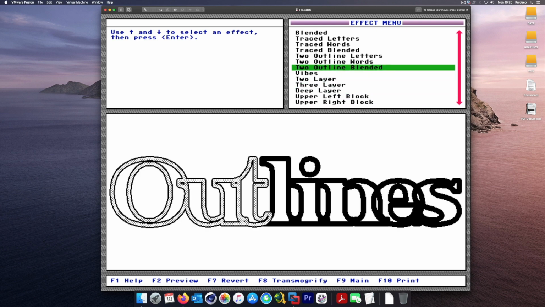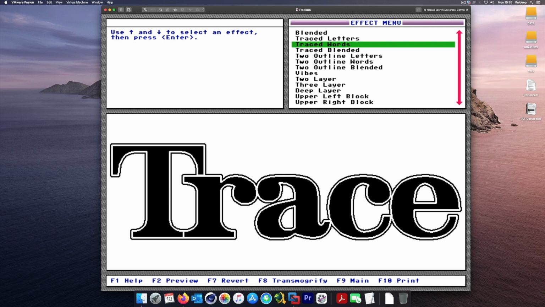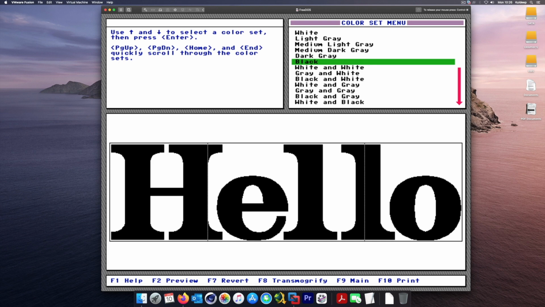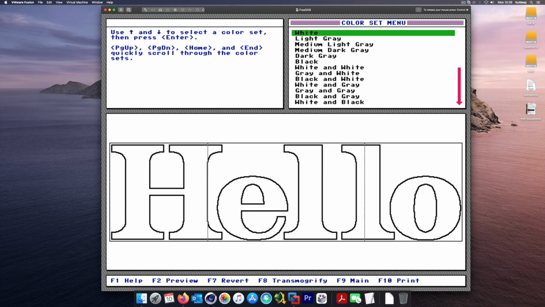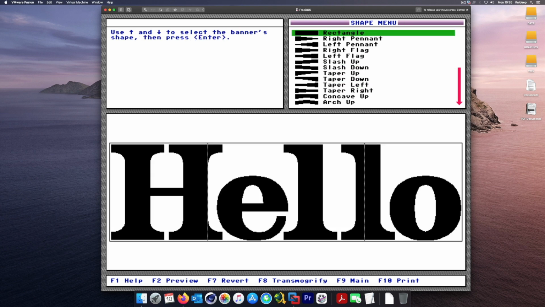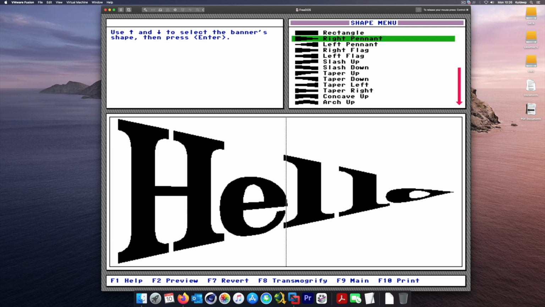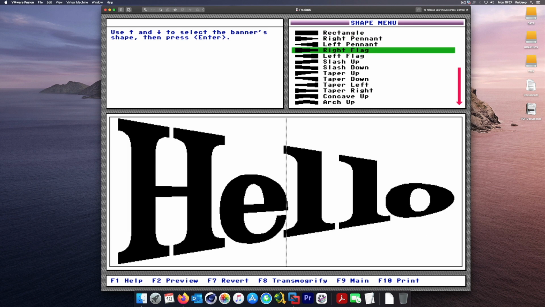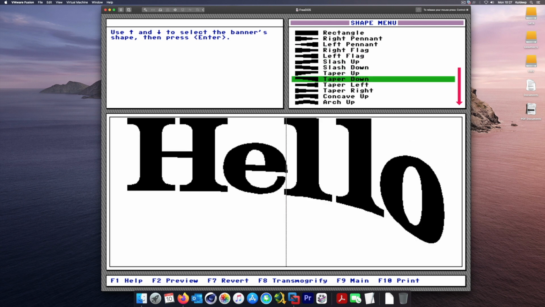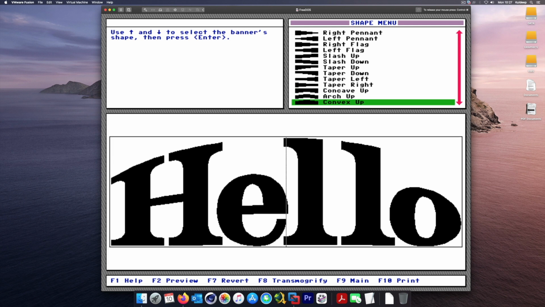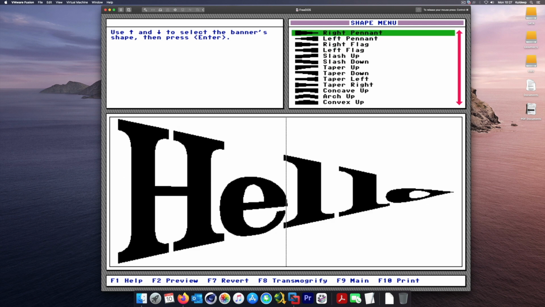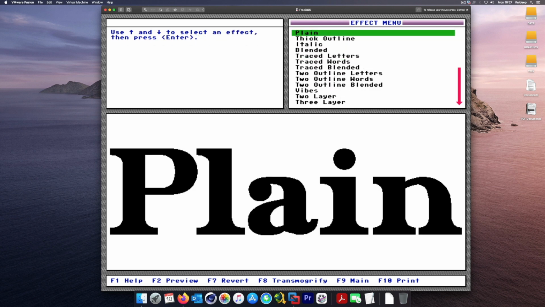That's the reason this program was very popular back in the 90s. You could do a lot of stuff with it. So just select plain, and what should be the shade? It allows you to select different shades as well. Let's go with the default one. Back, and what is the perspective you want? Maybe I can choose this one. It depends on what type of banner you are making. So these are the options available in this program. So I'll go back,